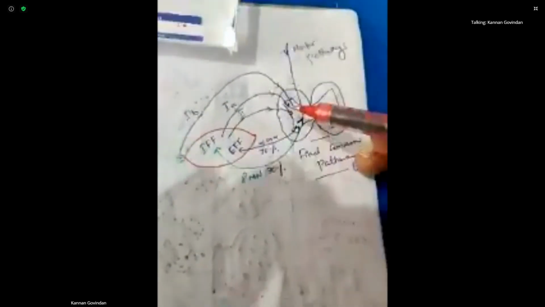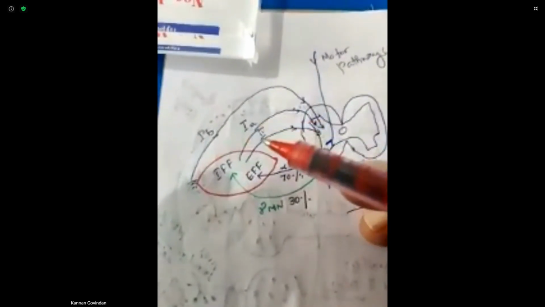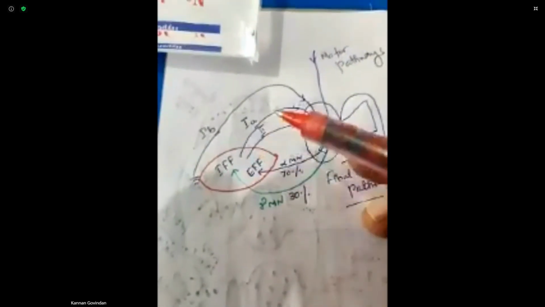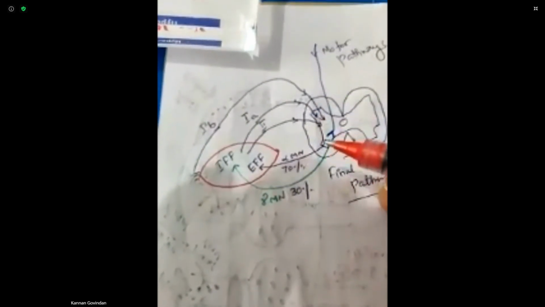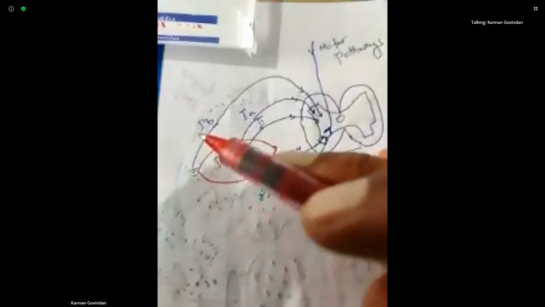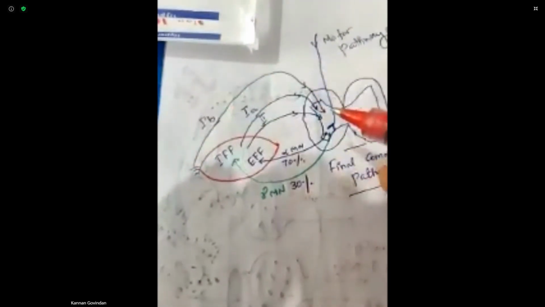Now coming to sensory. Sensory afferents from the muscle are of three types. Type 1A and type 2 fibers start from the muscle spindle and go and end in the spinal cord. They directly synapse on the alpha motor neuron. We have type 1B fibers, which start from the muscle tendon. They go and end on an inhibitory interneuron.